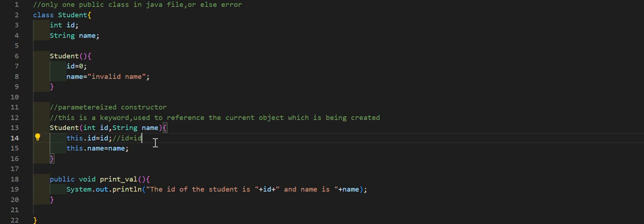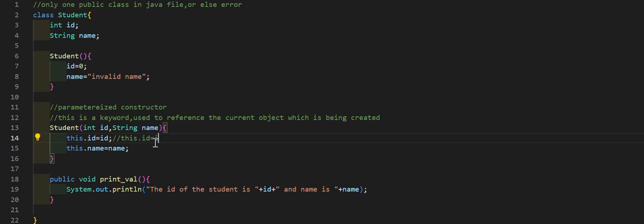So in order to avoid any sort of errors or confusion, we will write this.id = id when we have variable names which are similar. That's why we will use this keyword.